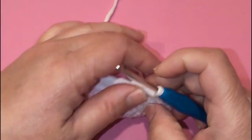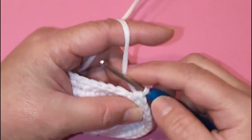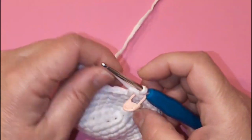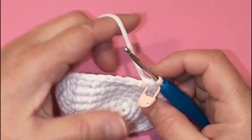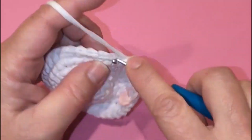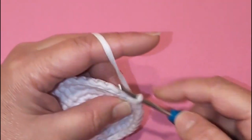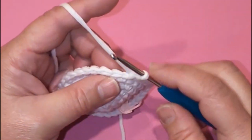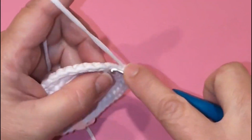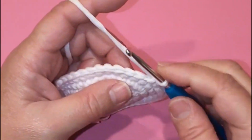For row number 7, we're going to start with 10 single crochets. There's our first crochet, and then we're going to put our lovely stitch marker on that crochet. And then we're just going to continue until we reach 10 single crochets. And now we're on our 10th crochet, and we're going to do an increase, and then 2 single crochets, then an increase,